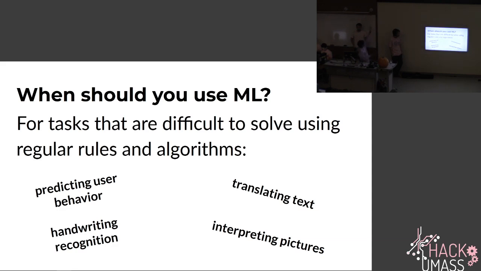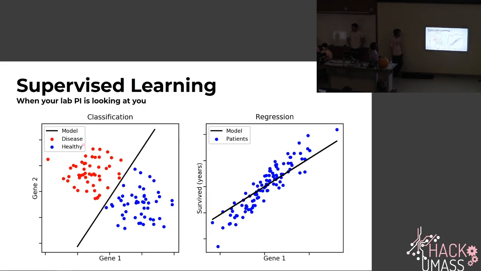So some of these tasks, like handwriting recognition and translating from one language to another, are really well suited to machine learning. And machine learning methods have done better and better as time goes on than traditional algorithms have at these tasks. So, all right, we're going to start off by talking about the two main paradigms